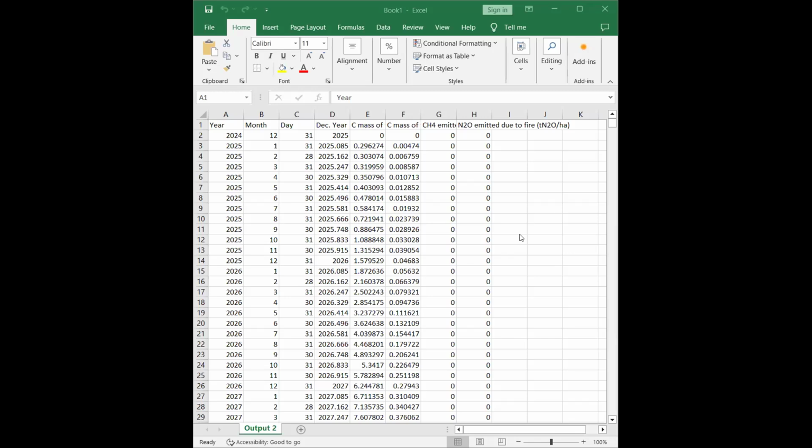Actually, that is the Excel output that we just produced, right? So if you see those columns here, for example, the CMAS of 3, if I can click on the right place, you'll see here that it's calculated in tons of carbon per hectare. So FullCam does not calculate it on the size of your planting. It's later when you do the abatement calculation that you actually multiply that number by the size of your planting. Right. So I'll come back to